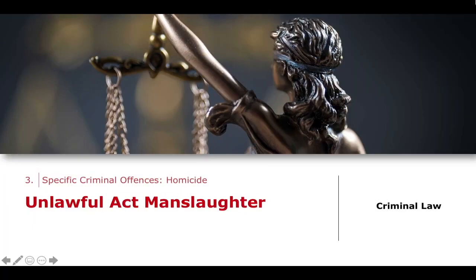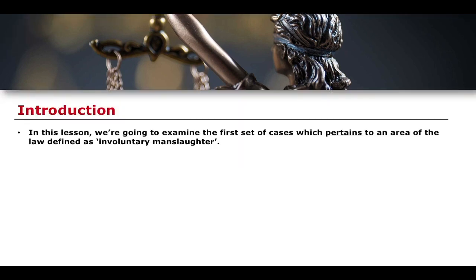In this video, what we're going to do is move away from looking at voluntary manslaughter, i.e. the cases where we can satisfy a partial defence, either through diminished responsibility or even through loss of control, and we're now going to start to talk about some of the more involuntary forms of manslaughter. We're going to begin in this video by talking about unlawful act manslaughter. We'll talk about how we construct unlawful act manslaughter, sometimes known as constructive manslaughter, and then we will talk about some of the cases that illustrate these points in more detail.